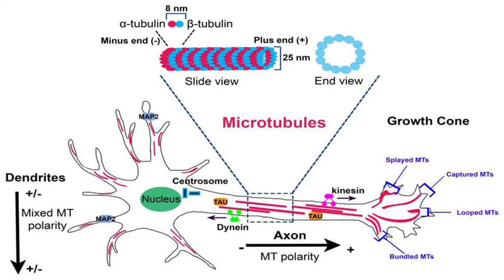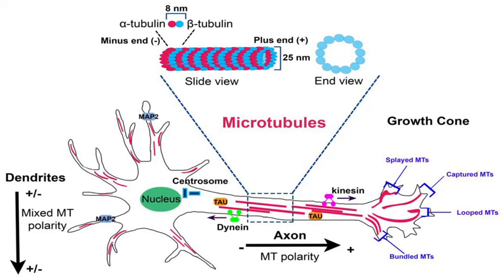So let's talk about microtubules, which are a critical cytoskeletal component for axonal transport in neurons, and they provide a pathway for motor proteins such as kinesin and dynein, to carry organelles and other cellular products to and from the cell body and axon